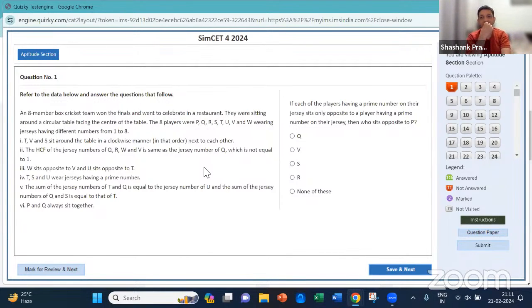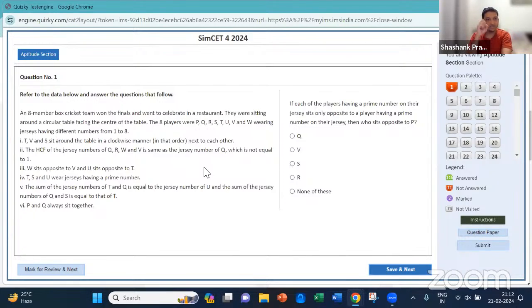T, S, U, where jerseys with a prime number. And yeah, T sits opposite to U. W and V are not wearing prime numbers. T, V and S are sitting next to each other. Yeah. P and Q always sit together. So if P and Q sit together, one of P or Q has to be this thing, na? One of P or Q has to be wearing a prime number because ek chhod ke ek hai from what